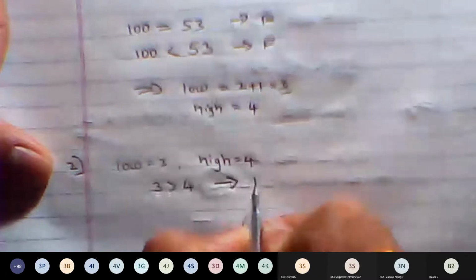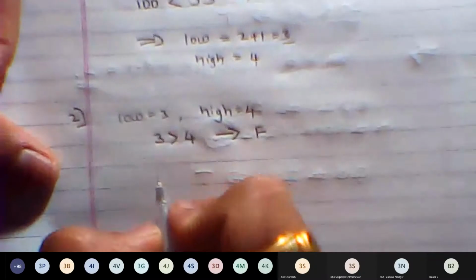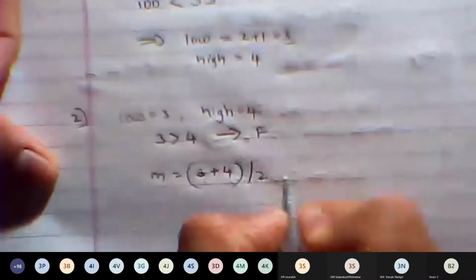Now the first check again: is low greater than high? Again, the condition is false here. 3 is not greater than 4, so the condition turns out to be false. Next, we calculate the mid value. Mid is equal to 3 plus 4 divided by 2.